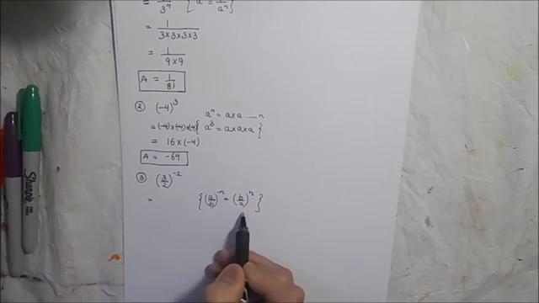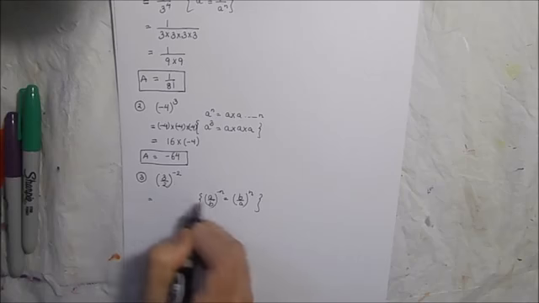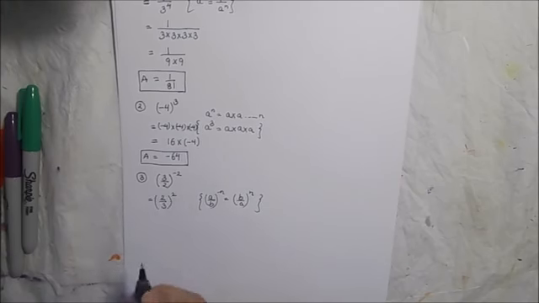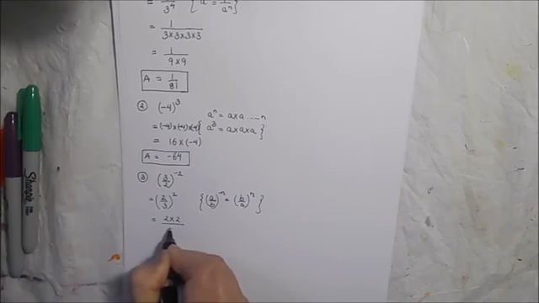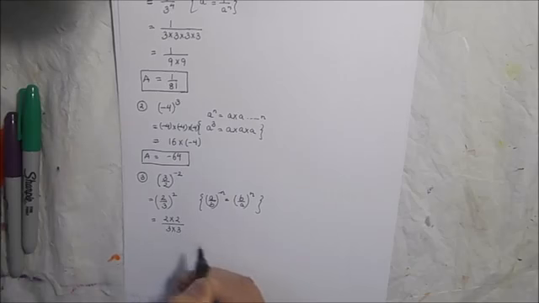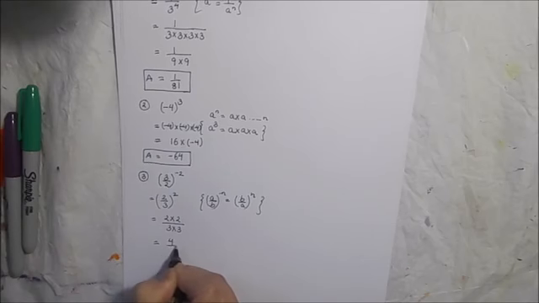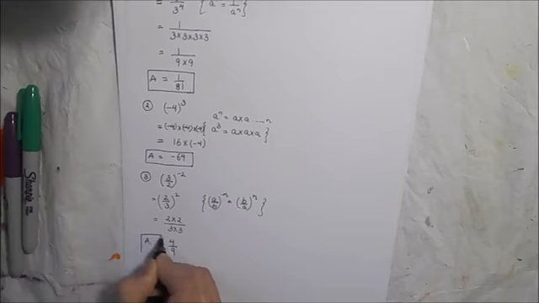So for making this negative exponent positive, we have to invert the fraction, or take the reciprocal of the fraction. By applying this rule, we have 2 over 3 to the power 2, or 2 over 3 squared, which we can easily solve. That means 2 times 2 in the numerator and 3 times 3 in the denominator, which will give us 4 over 9. So this is going to be our final answer.